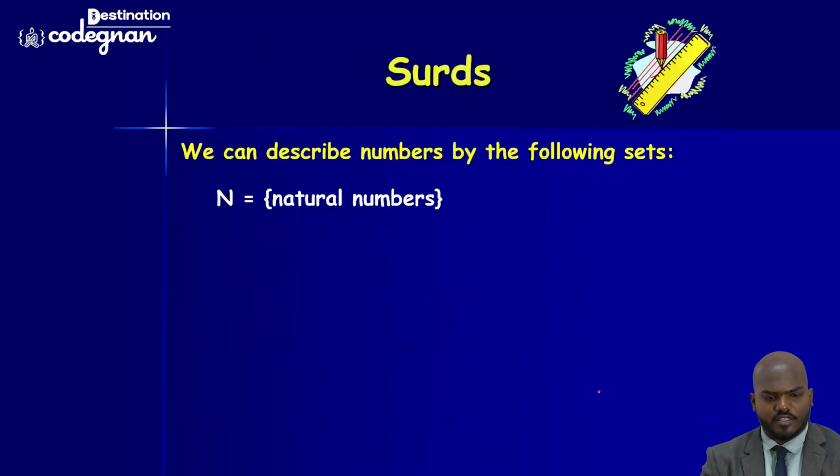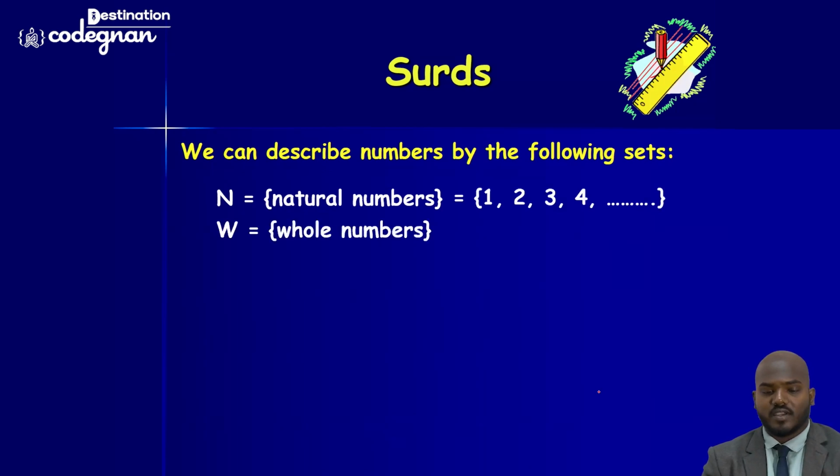So coming to the search gears, guys, you must know the types of numbers, because types of numbers is very important here. They will not ask you directly what is the type of this number in the question. But when coming to simplification, they will involve some terms to explain the question. To define the particular questions, they will definitely ask you the types of numbers inside the pattern here. So N is equal to natural numbers, which start from 1, 2, 3, 4 to infinity. And whole number means the numbers starting from 0, 1, 2, 3.